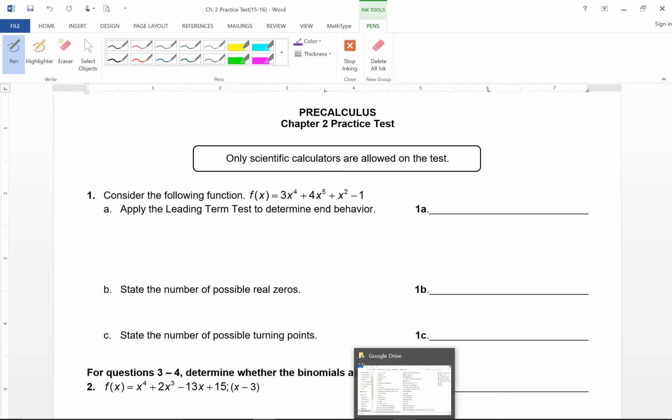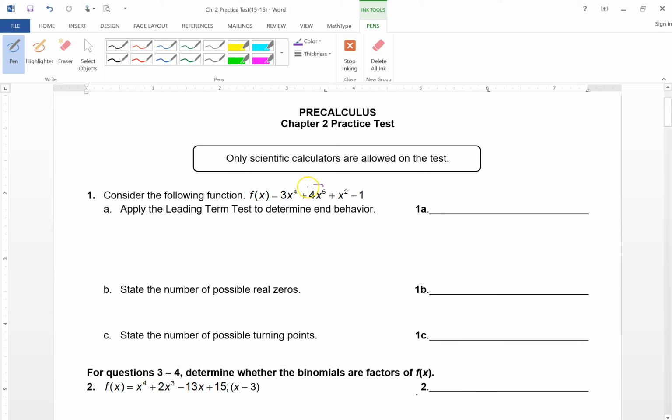All right, we are solving the practice test. Okay, so number one, this is a trick question because the leading term is this one. Okay, it's not necessarily the first term. It's the term with the highest exponent. So now, if the leading term is 4x to the fifth, I want to test the negative side and the